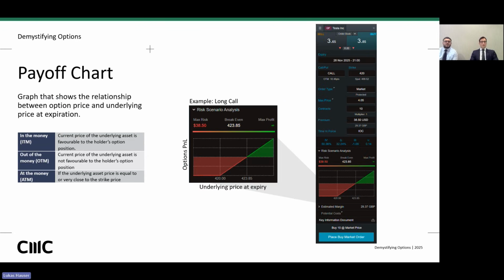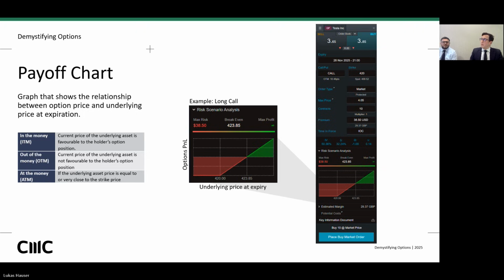When we discuss options, we often come across a payoff chart. A payoff chart is a graph that shows the relationship between an option price and the underlying price at the expiration date. Here you can see on the x-axis the underlying price at expiration, and on the y-axis the option's P&L. The red part here shows when we are losing money, and the green part where we are profiting. And here on the left side we see 420 in this example, which would be the strike price, and the break-even price is